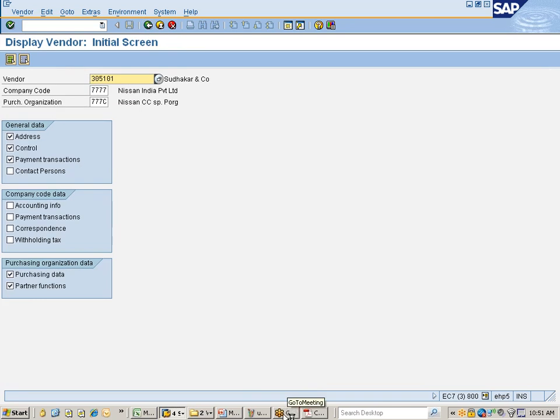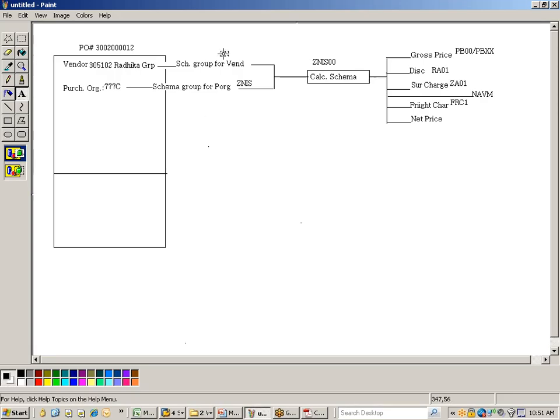Right, now you see, let me take you back to my this one. You see here I have assigned vendor schema group to all the vendors, purchasing organization schema group to both of my purchase organizations. So what is the leftover thing? This link needs to be established. Now that's what I'm going for. You see here,